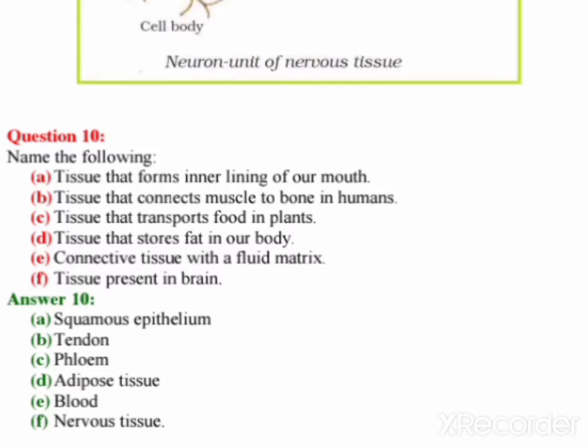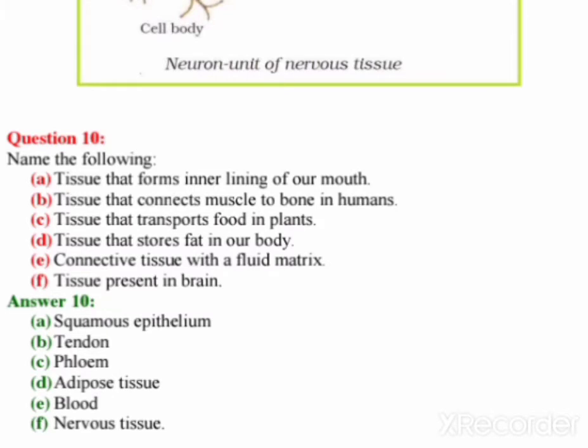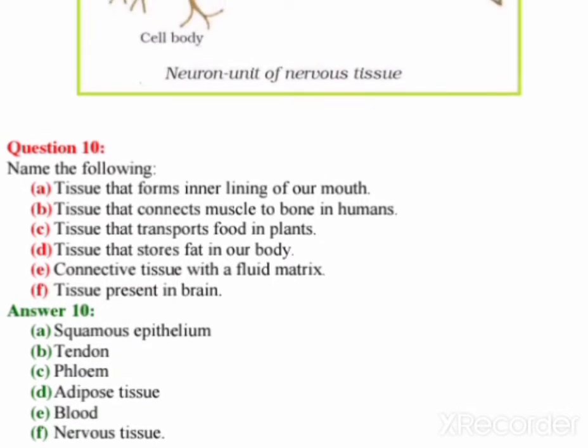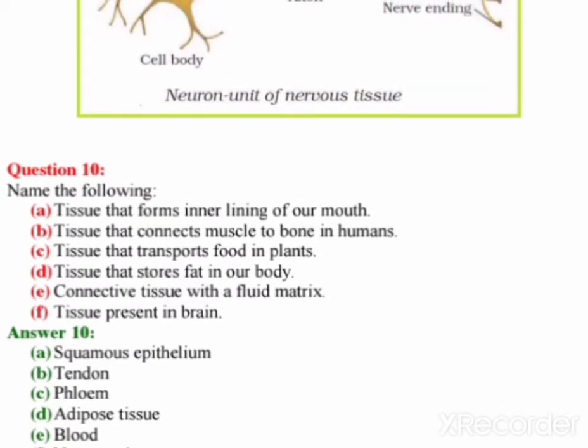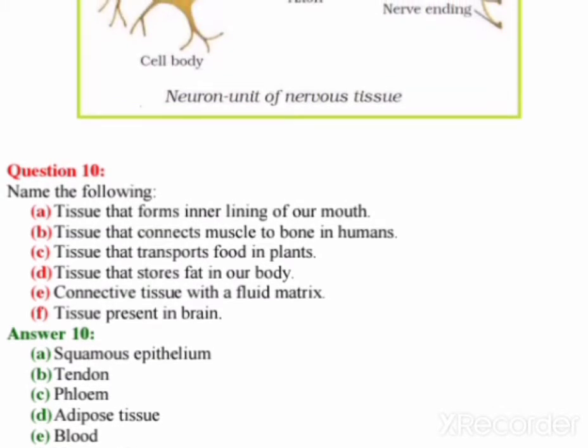Meaning, transporting messages from all body parts, any stimuli, to our brain. Whose work is that? It is the work of nervous tissue. Here, whose work? The neuron helps to transport any message from any part of the body to the brain. And this neuron has many important parts.